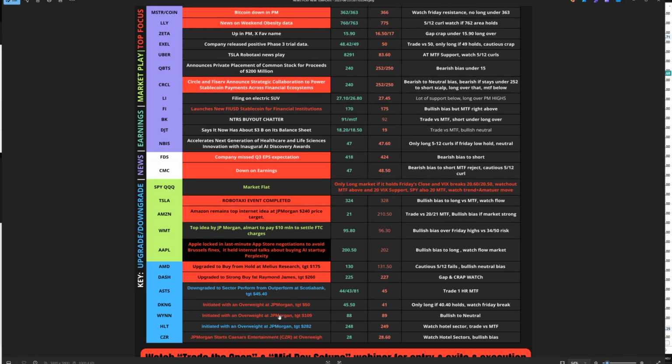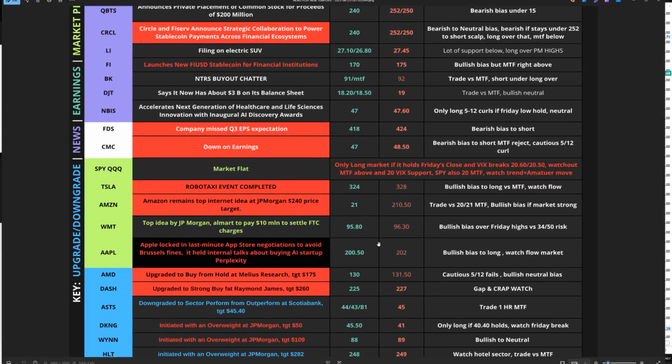So I made this plan in the pre-market. When I was making a plan, I put it as a red play, top play. The plan was to be bullish biased. That was our plan. And I also mentioned we're going to watch the flow. Why did I mention the flow? Because Tesla is a great setup. When it gets flow, it gets going. So combine the news, combine the technicals, combine the flow to get an A+ setup and have a great win. We will look at how the Tesla options moved and see how you could have managed your risk on the Tesla trade. So that was the plan.